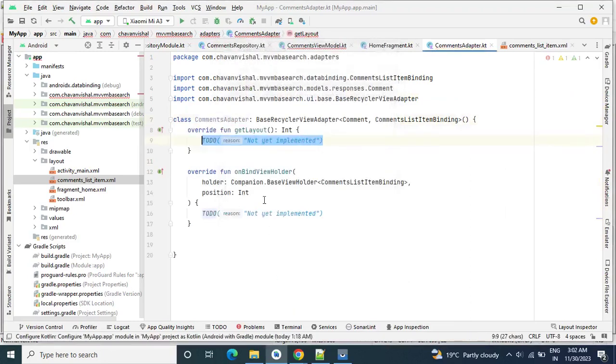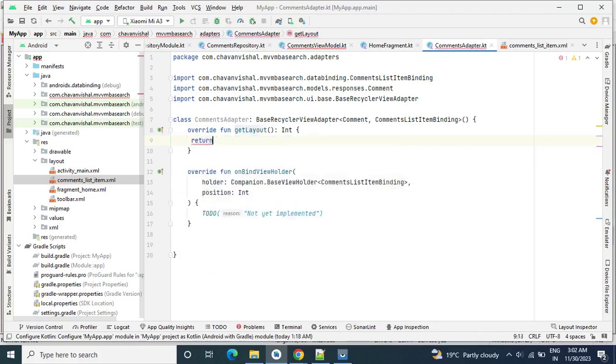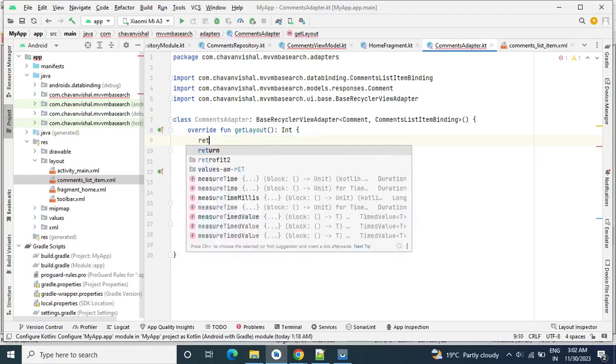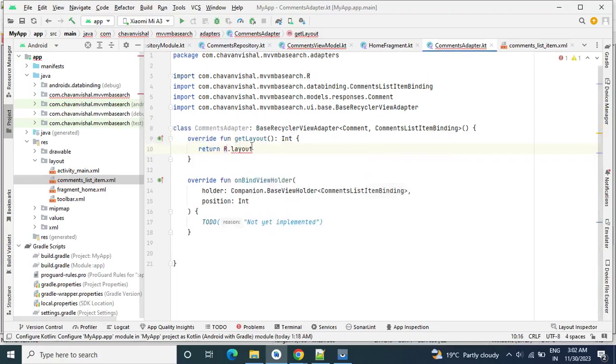Okay, so in getLayout we will return our XML file, return R.layout, let's import this R.layout.comment_list_item.